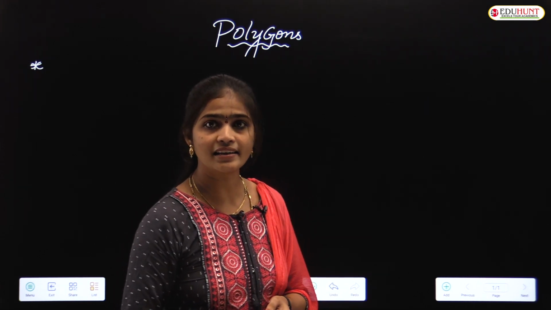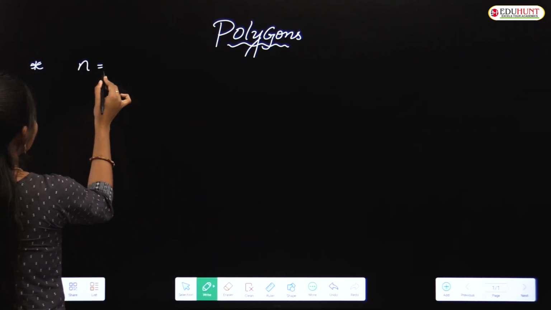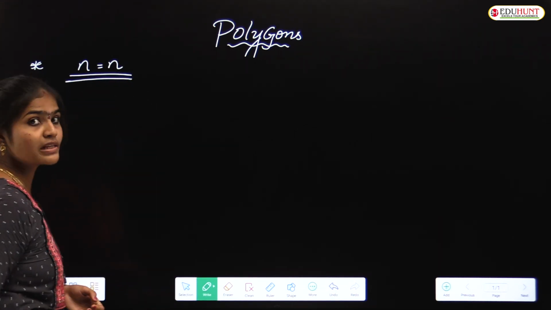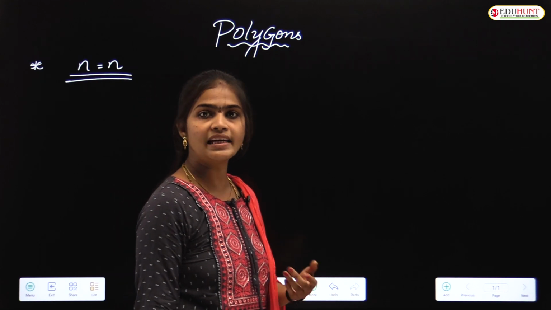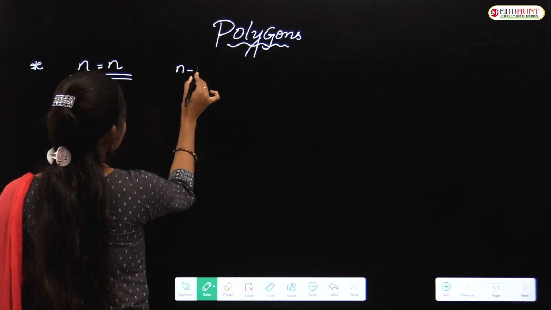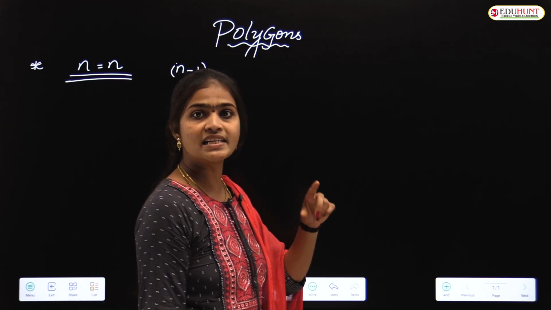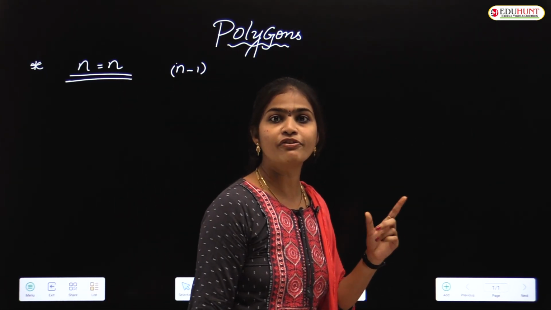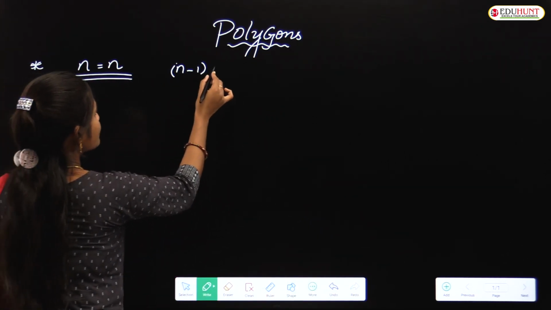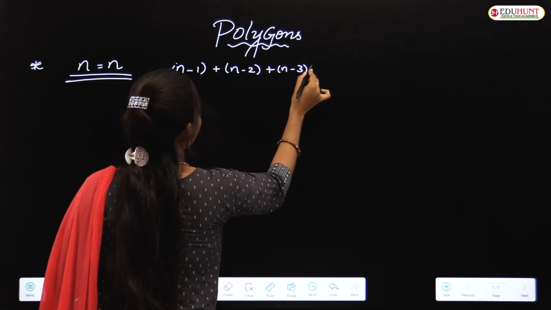For example, if the polygon has n sides, I take it as an n-sided figure, so n is equal to n. Then how can we find the number of line segments? Again the same process. The first number we always take as n minus 1, no? For a 7-sided figure, 7 minus 1; for a 6-sided figure, 6 minus 1; for a 5-sided figure, 5 minus 1; and in the same way for an n-sided figure, n minus 1 plus n minus 2 plus n minus 3 plus, and in the same way,